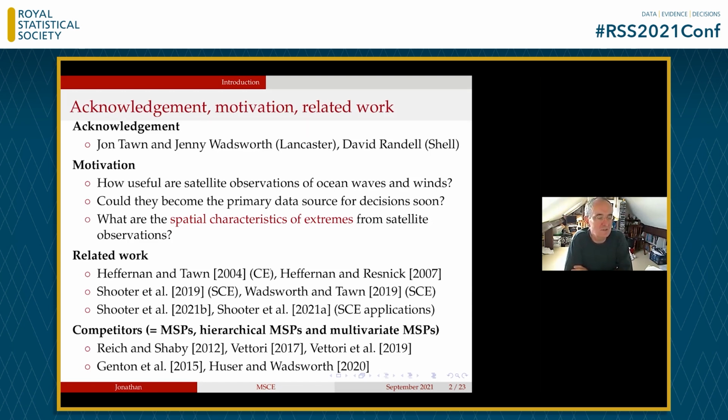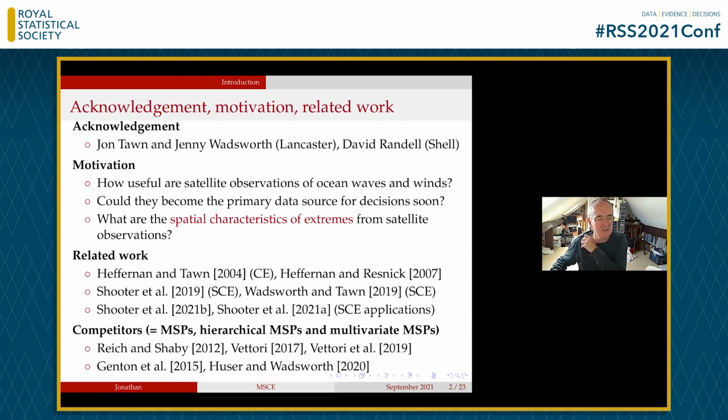So this work is really the latest in a sequence of publications in this kind of area, and it is all underpinned by the model of Heffernan et al. 2004. So anybody who's familiar with that will basically get the rest of the talk quite easily. But I'll spend a little bit of time explaining what that model is, and then there are various extensions to spatial conditional extremes, applications to satellites and to hindcast data, and now the current work, which is a multivariate